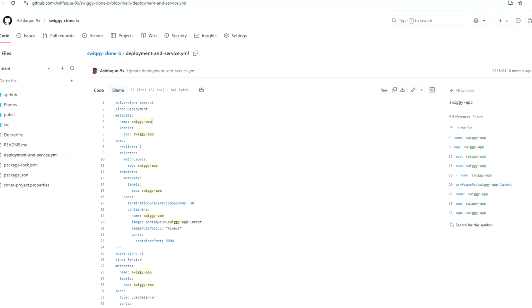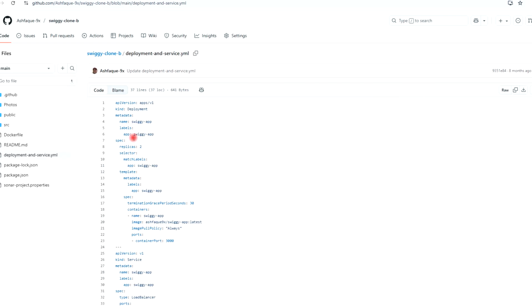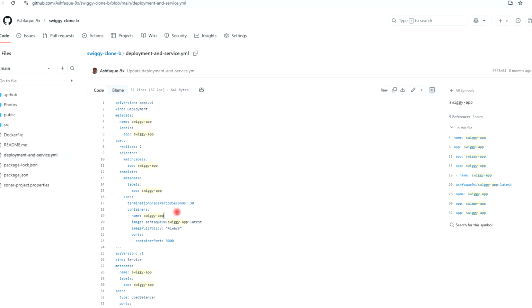We have given the label also, Swiggy-app, and it will create the container with the name Swiggy-app. It will pull the image from the Docker Hub, and this is my Docker Hub username and the image name. Container port is 3000,